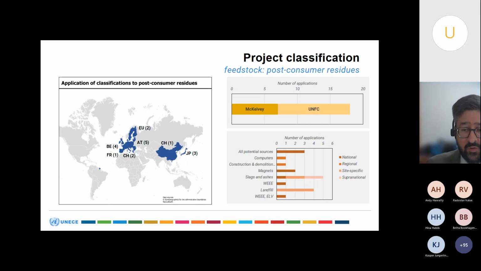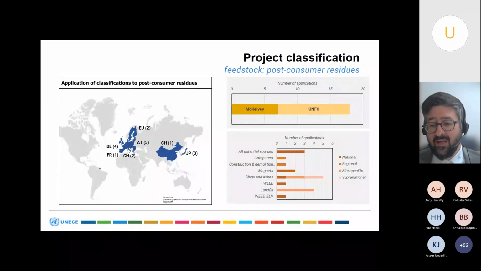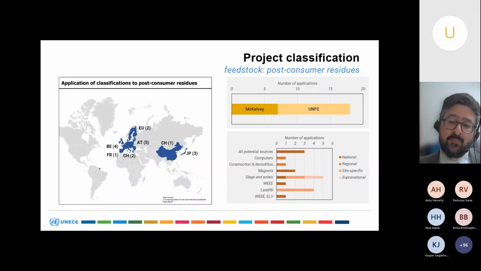If we go a little bit into the detail and have a look at the different types of feedstocks that were used to classify the projects, we see a wide range of feedstocks. It starts with computers. There was 1 application for construction and demolition waste. It was applied to magnets, slags and ashes, waste electronic and equipment. It was also used to classify landfill mining projects and end-of-life vehicles. And all these case studies were performed on different levels. So we have site-specific assessments, for instance, for landfills or for very specific recycling plants. We see applications on the regional scale, and we see applications on the national scale and also supranational level,